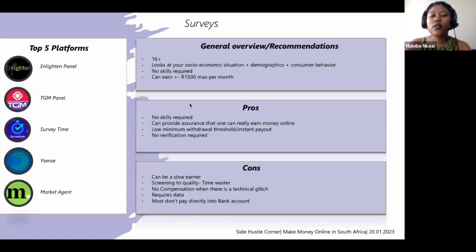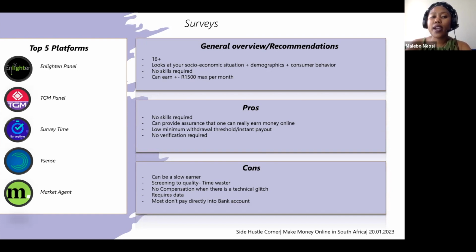Okay, so the second method is surveys, and you guys have probably seen me speak about surveys. I spoke about surveys for a very long time. The five different platforms are Enlighten Panel being the first one, TGM Panel, Survey Time, Ysense, and Market Agent. With regards to these platforms and this method,